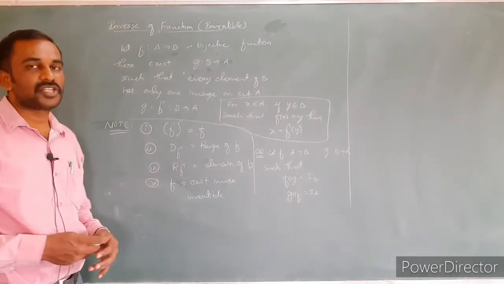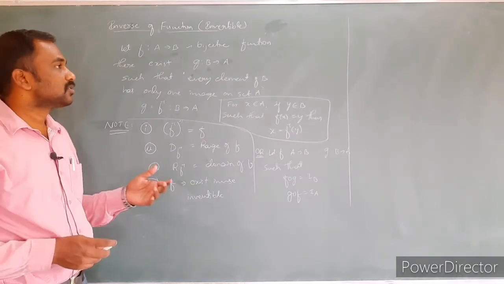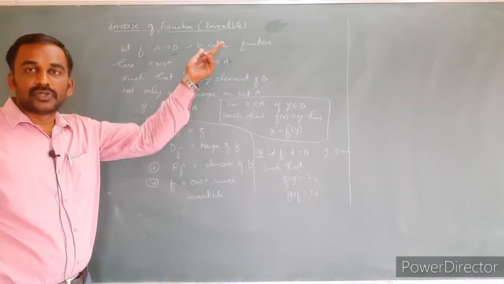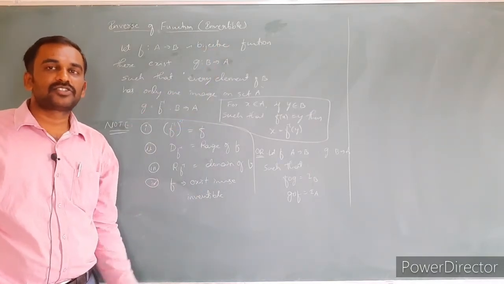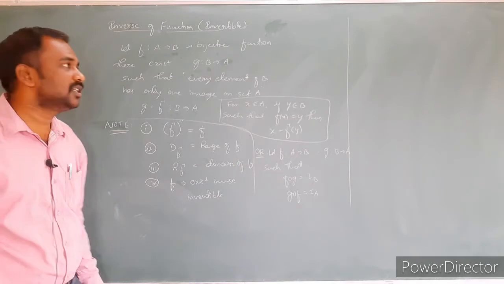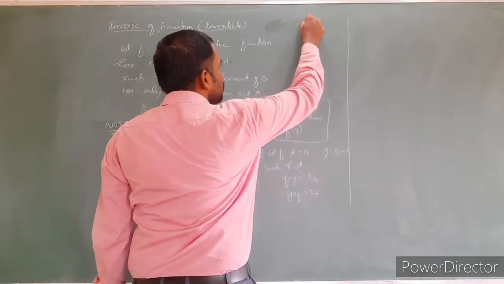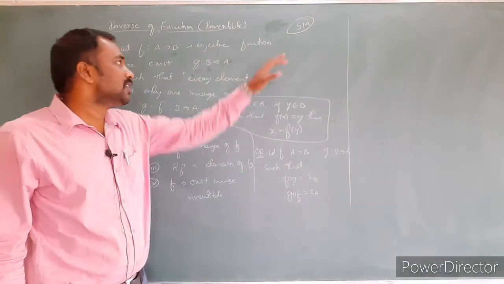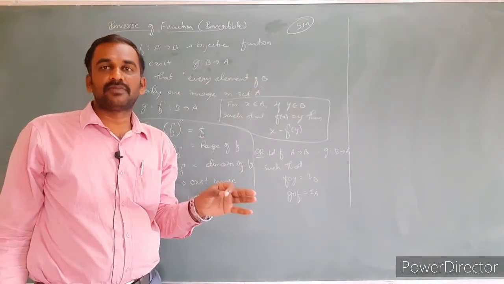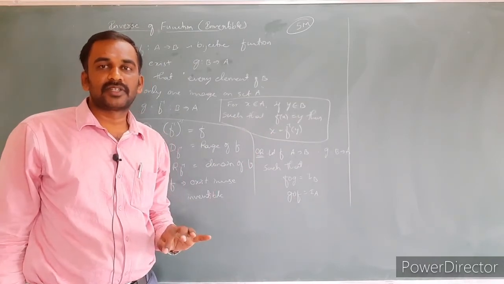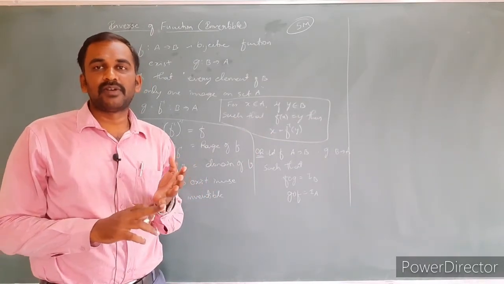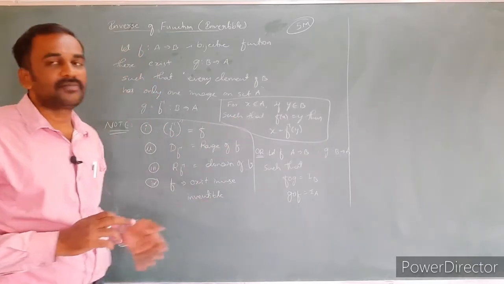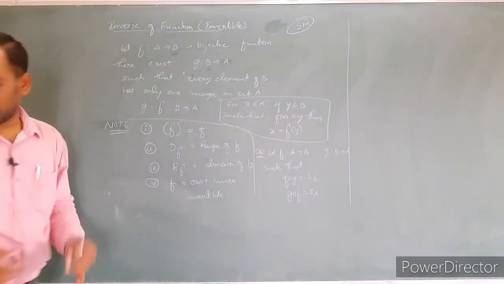Based on this definition, let us take an example. How will they ask it? Find the inverse of the function. Before that, they will ask to show that a given function is a bijective function and find the inverse of the function. It is a 5 marks question, very importantly, in Part D, 5 marks section, they will ask it as the first question: show that the given function is bijective and also find the inverse of the function. Bijective means one-one and onto. Proving one-one is 2 marks, proving onto is 2 marks, and finding the inverse is 1 mark.